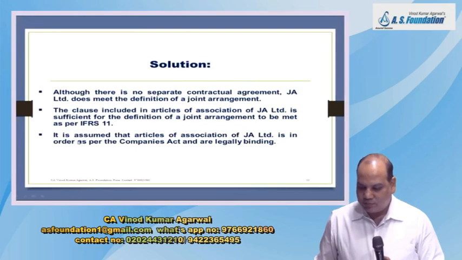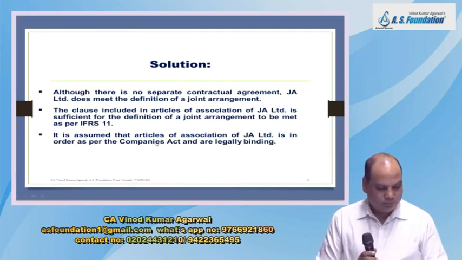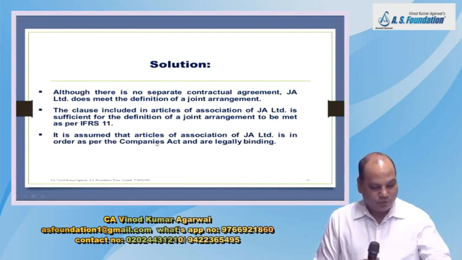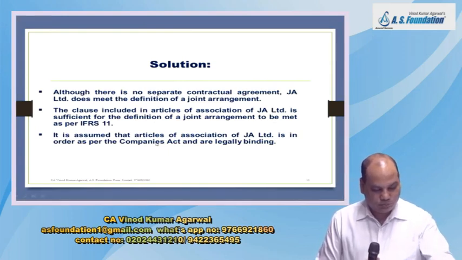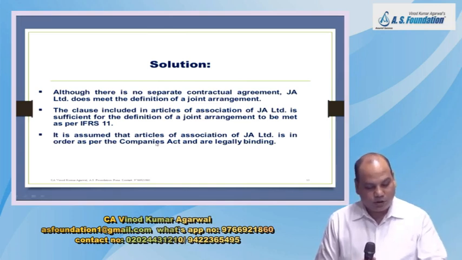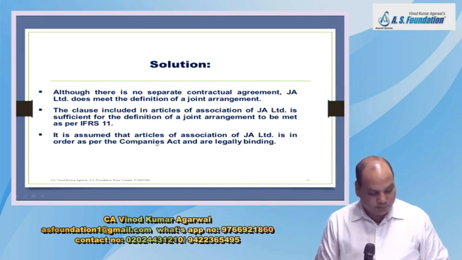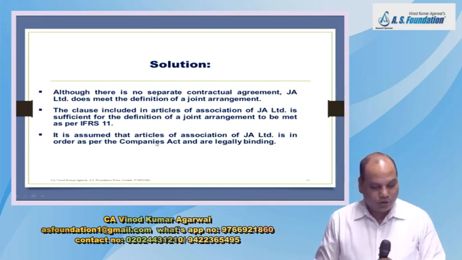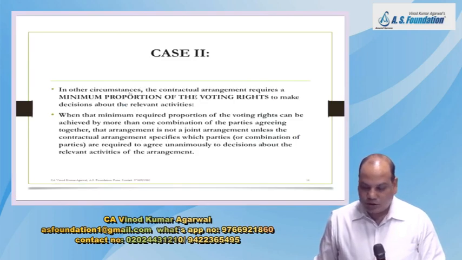Write down the concluding line: it is assumed that the AOA of JA Limited is in order as per the Companies Act and are legally binding. Okay. Case 2. Case 1 I have discussed, when you can have an implicit joint control, and now case 2, in other circumstances